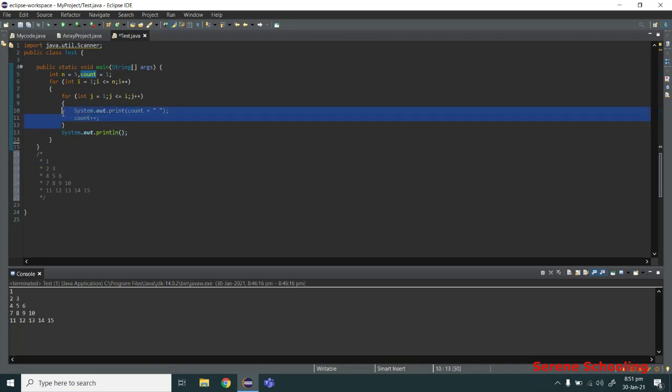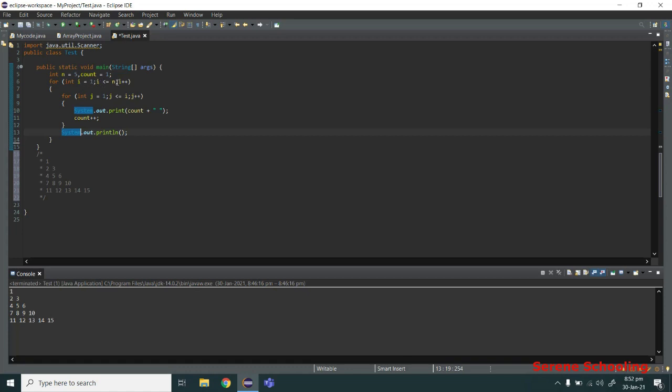So that's why after exiting this loop I am using this function to insert a new line, so it helps us in inserting a new line. So that's how we insert the new line. Then our loop will go back up and it will run for the second row. So let's dry run our program.